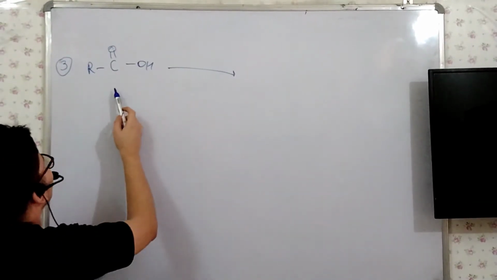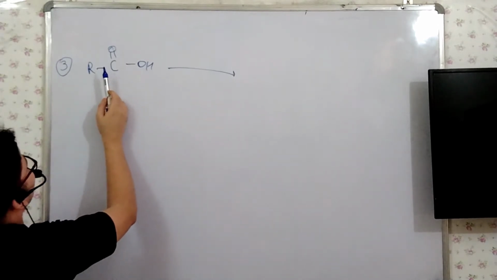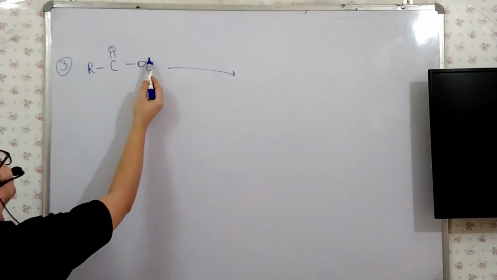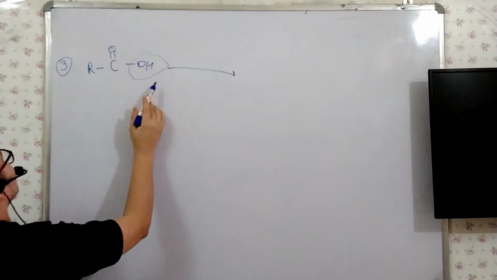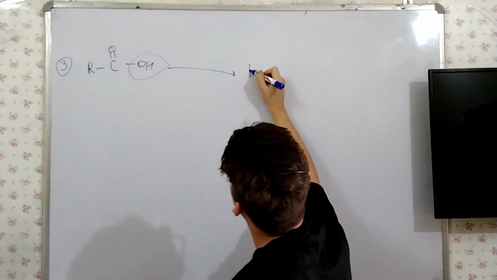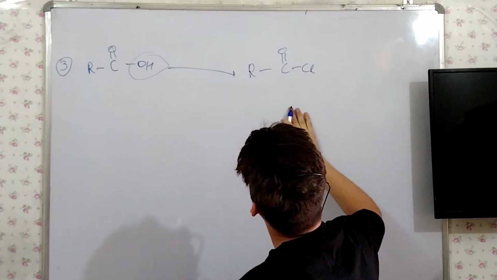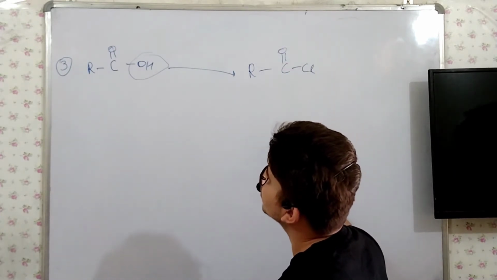Now we will see an example where OH and a double bond are both present. As per the point, we have to only remove this OH. Don't panic, remove just the OH because OH is present. If OH is not present, then we have to replace oxygen.